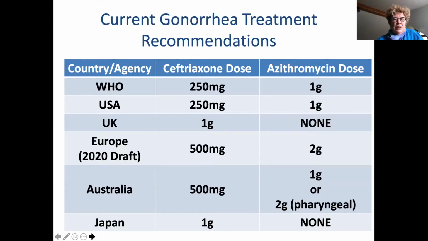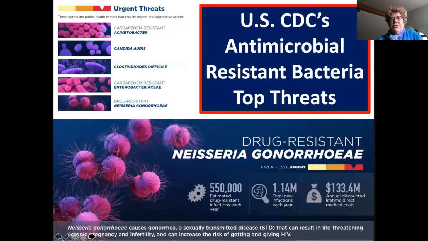And this is trying to spare azithro exposure so we don't create more problems for ourselves with azithro resistance in Mycoplasma genitalium in part. So GC is one of 5 antibiotic resistant bacterial infections that CDC considers a threat, and they're trying to invest more effort into surveillance. So if you're in a place where you can participate in the SURGE surveillance project, you'll be contributing to understanding resistance because they are doing culture as well as our usual NAT testing.